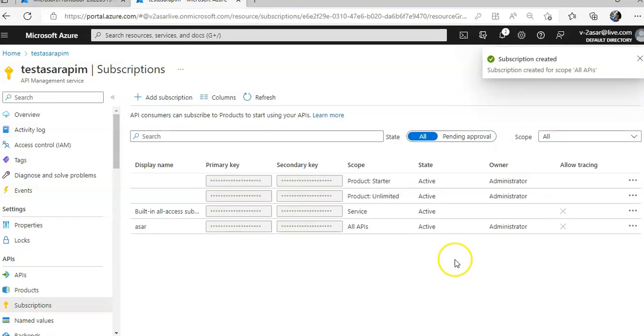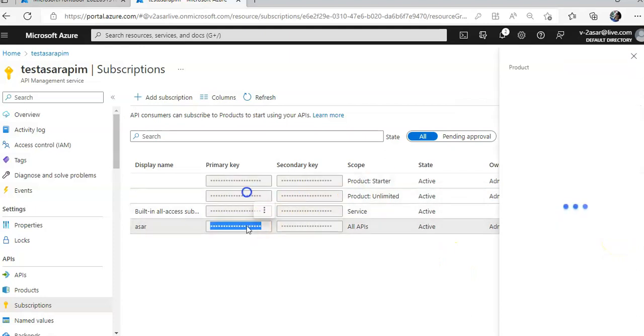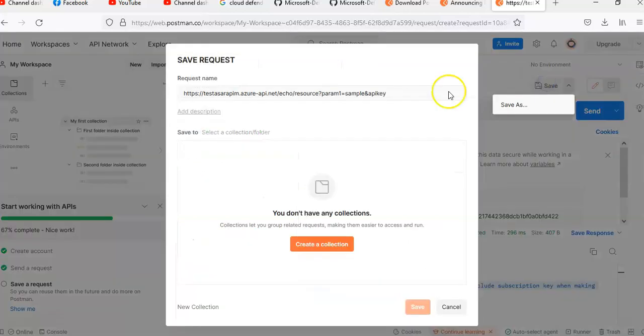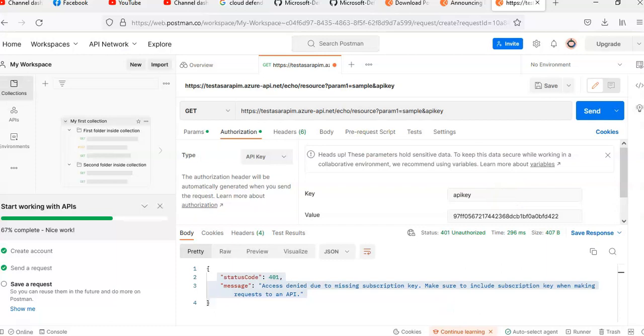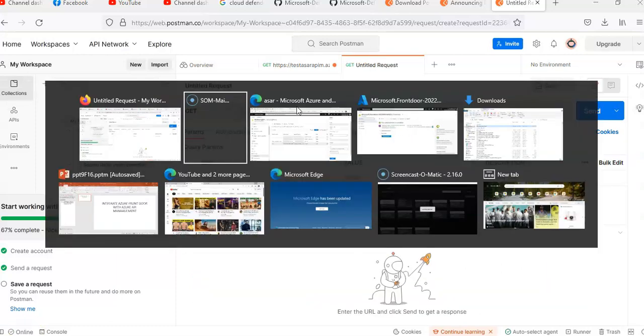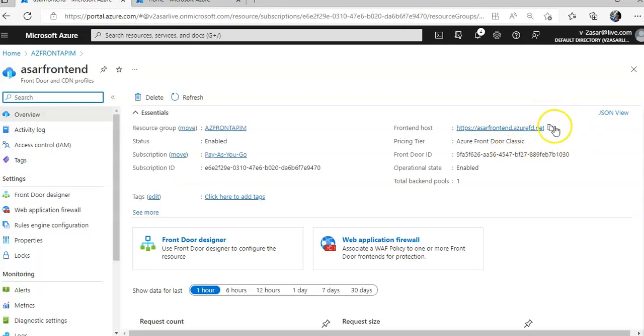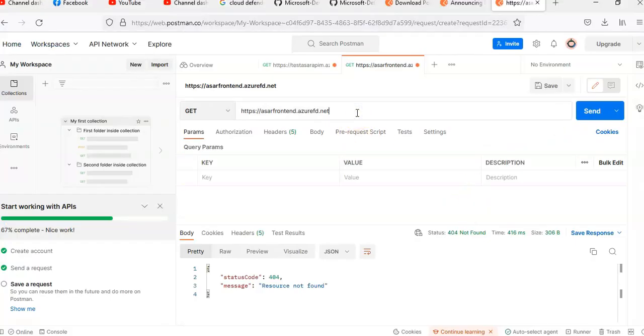My subscription is created. So when you enable it, you can add the key here. Now, if I remove this, if I edit this part, cancel, and if I enter the URL as my front door URL, the front end domain name of this front door, I should enter it like this, slash,